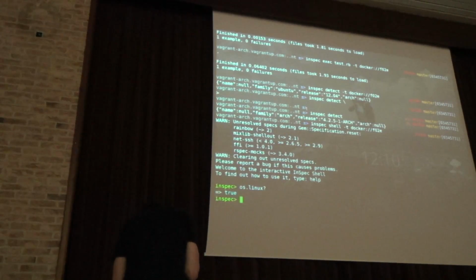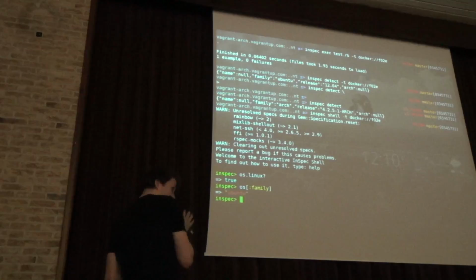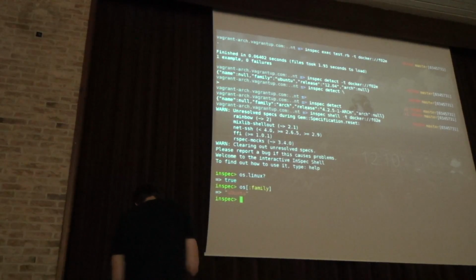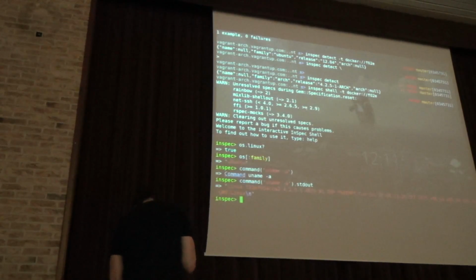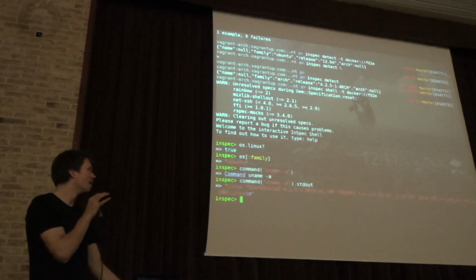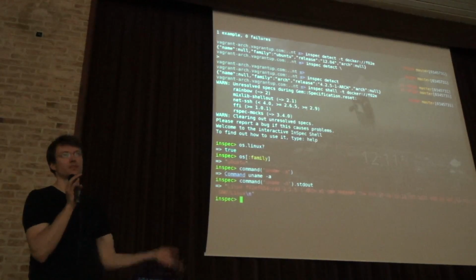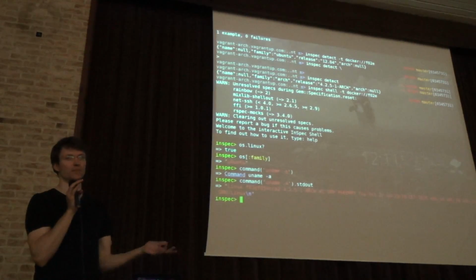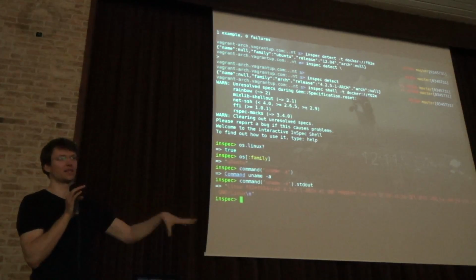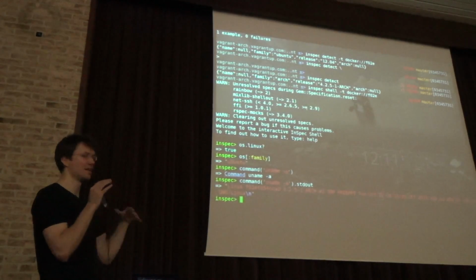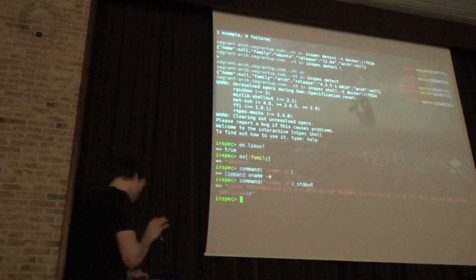So am I on Linux? Yes, it's true, but what am I running on? On an Ubuntu. How else could I find this out? I could basically run the command on the machine and give the stdout, which is this. That works. I can check for services, packages, whatever you want to. It's against the running live node. And this basically gives you an API to talk to any type of system you want to interactively. At the same time, the special case is, of course, testing things.